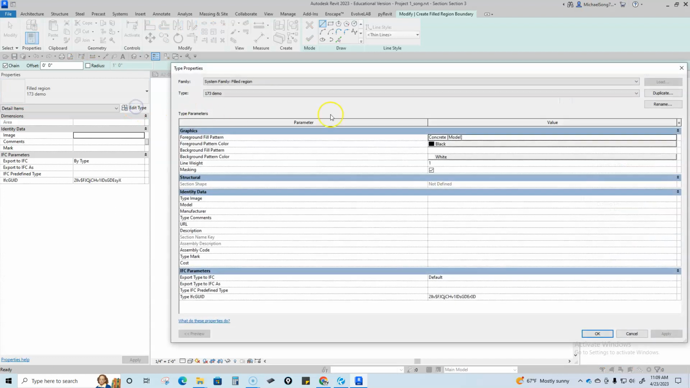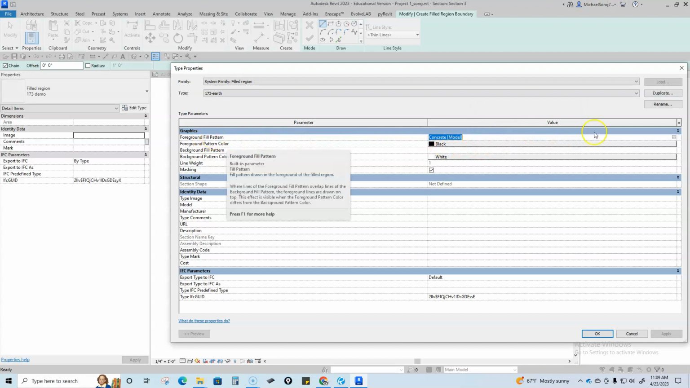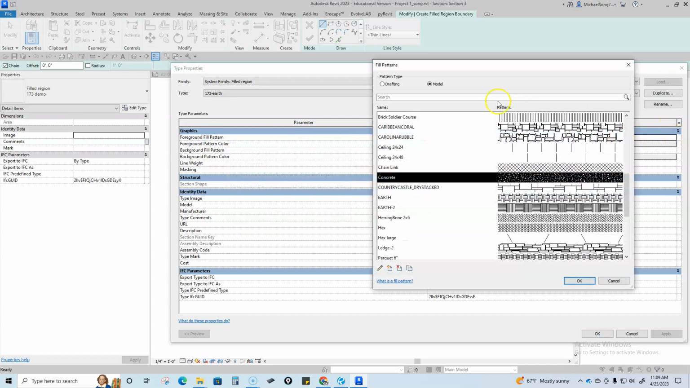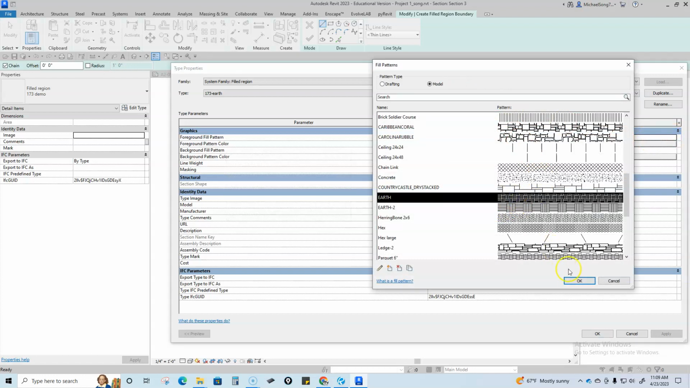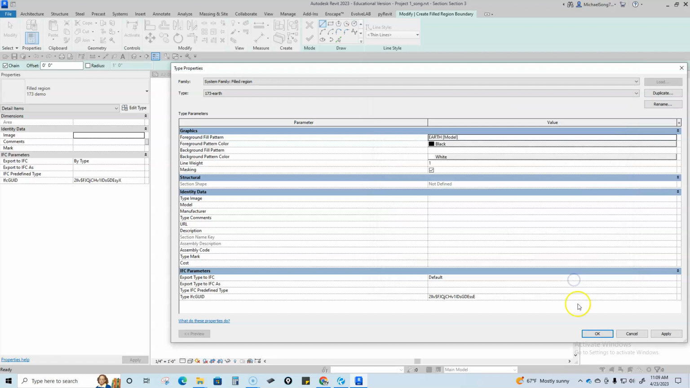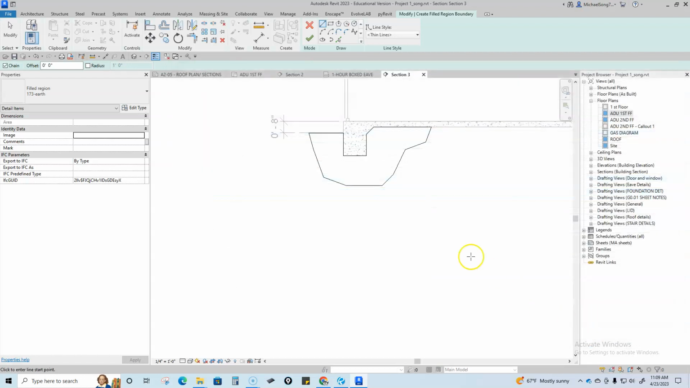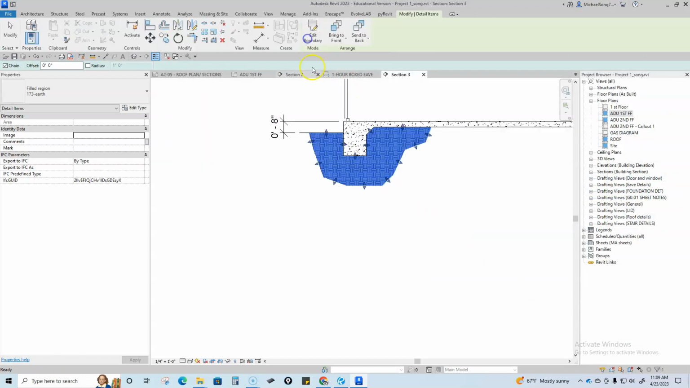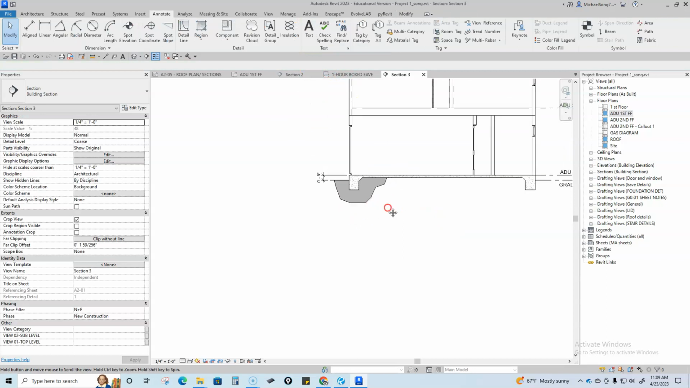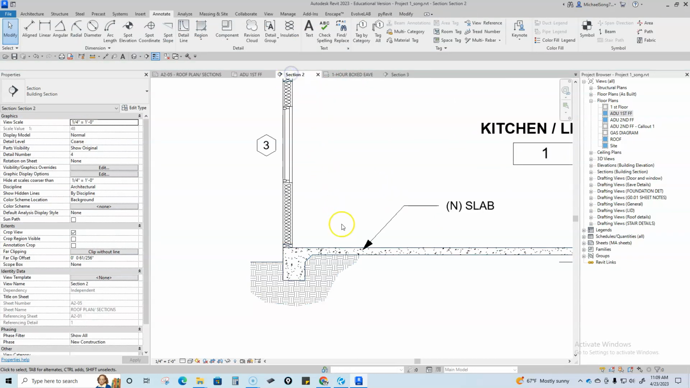And let's do another one. I'll just duplicate. I may have it already, but I'm going to go 173 earth. And again, on the foreground fill pattern, I'm going to look for earth. Okay, that, and there you go. So now I have